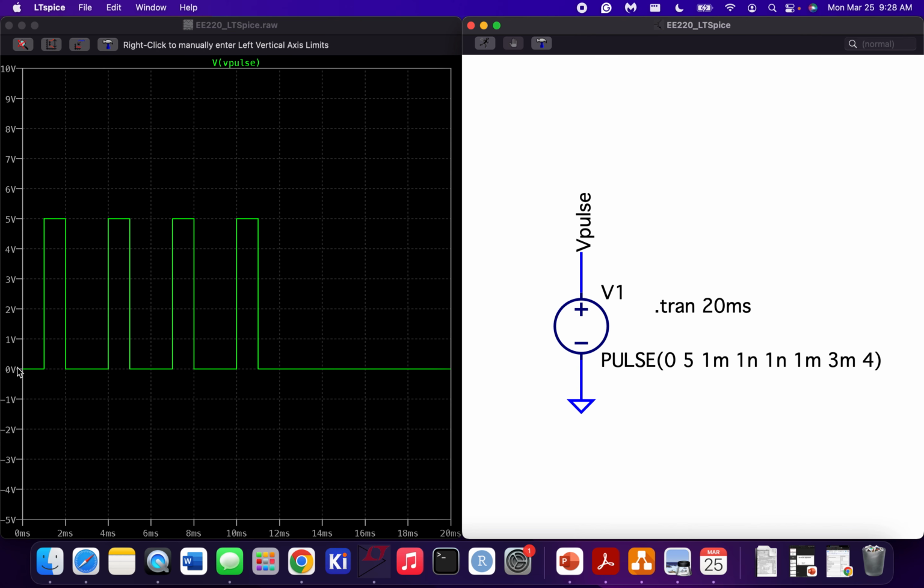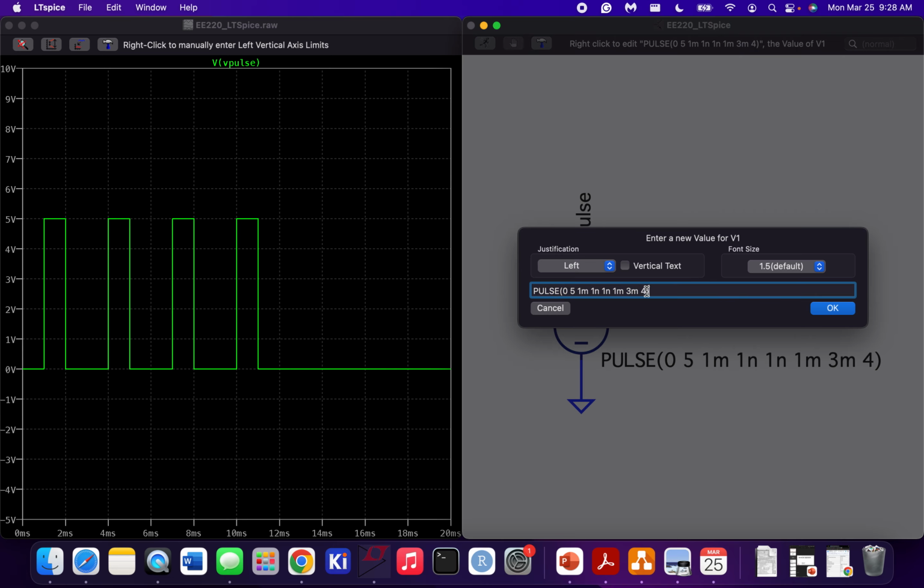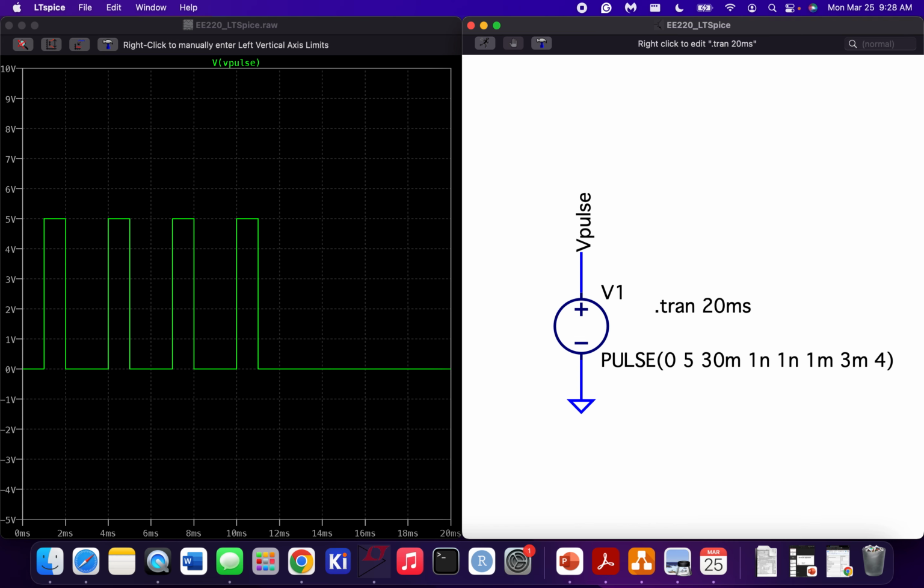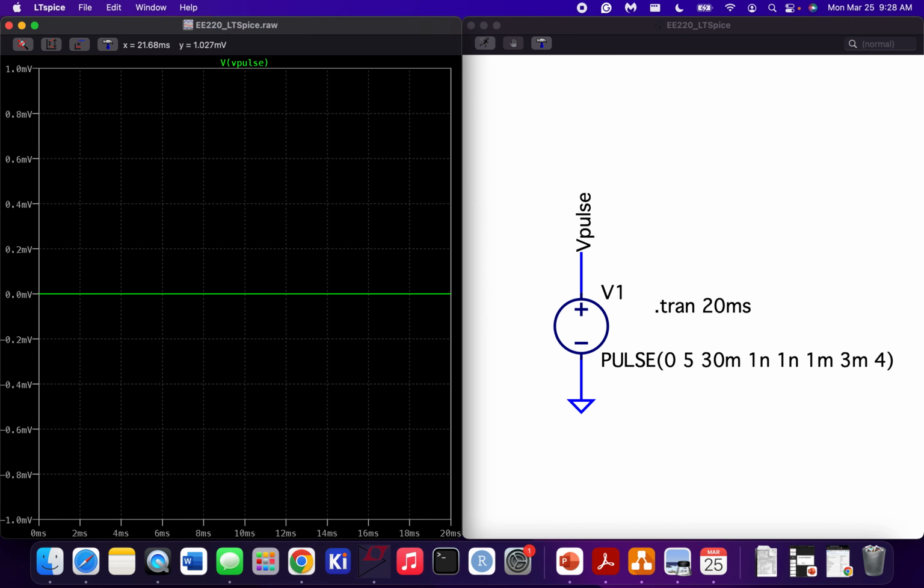I can make a single pulse that goes up and just stays on and never turns off by setting my on time. So no matter what all these other things are, if I set my on time to be longer than my simulation time, so let's just say 30 milliseconds, right? I'm only running for 20. If I run this,